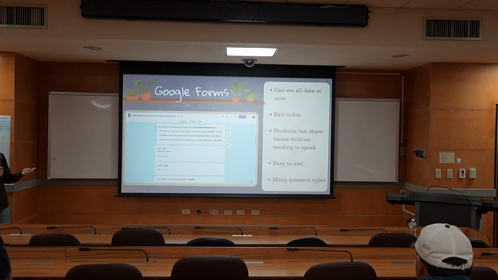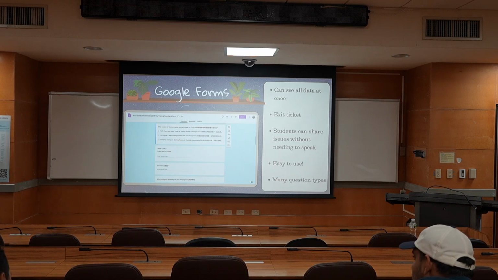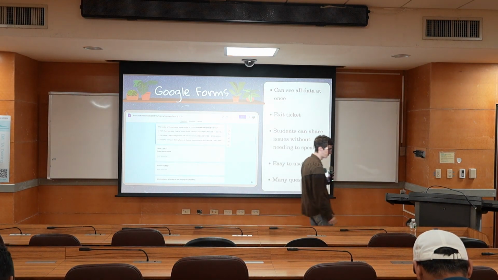It's also easy to use. Everyone's done it. You just type in your answer or click your answer. It's very easy. There's a lot of question types similar to Mentimeter, and I'll show that off a little bit. You have a lot of variety. I see a lot of people use Google Forms not in the best way. They just use the same question 20 times. You can put in some variety and it will be pretty powerful, I would say. And also, not a lot of people know this: you can see all the data at once, and I'll show you how to do that. But let me just show you now actually.